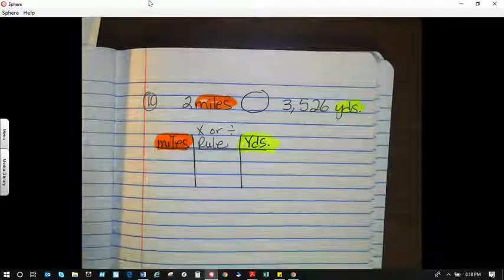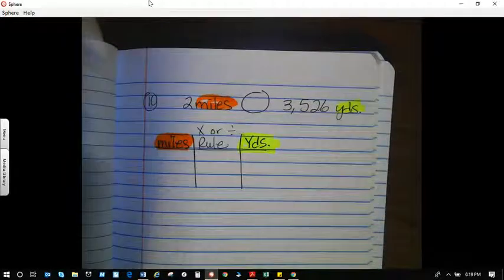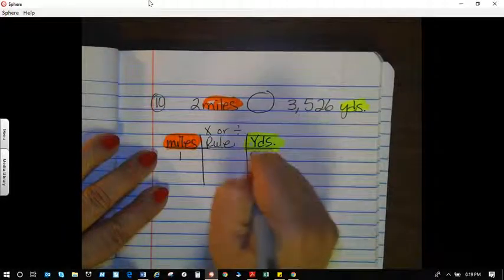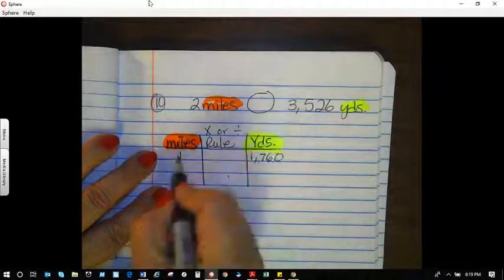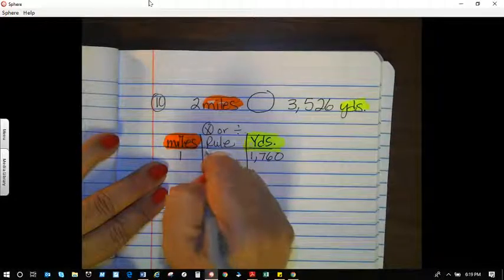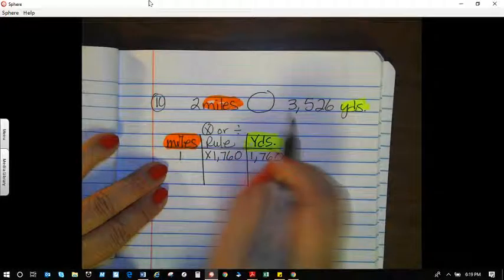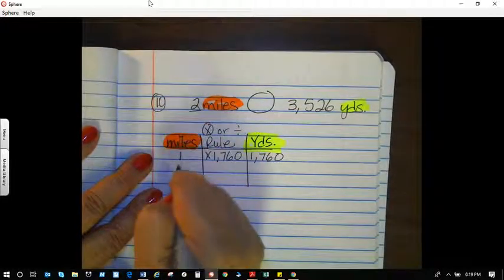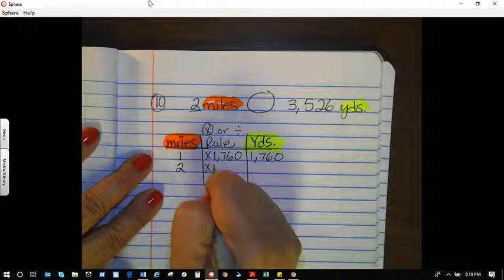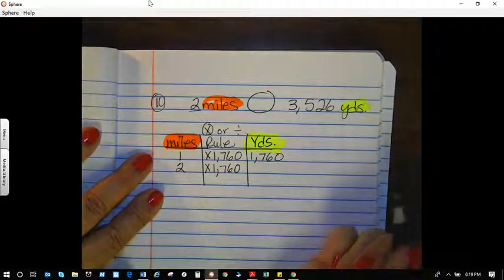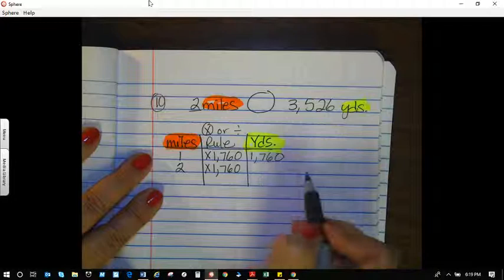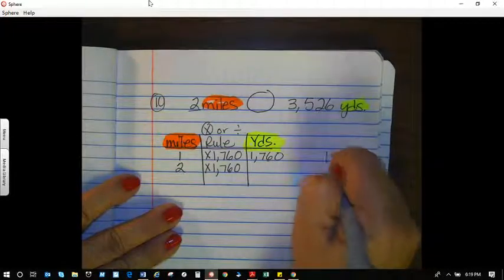All right. Now I'm going back to my handy dandy resource page. And in my handy dandy resource page, it says that 1 mile is equal to 1,760 yards. So I'm going to place that right here. 1 mile is equal to 1,760 yards. How did I do that? I had to multiply 1,760. Now, I have 2 miles. Well, if I had 1, then 2 miles, multiplying that by 1,760. Again, you don't have to continue writing the rule down. If you want to, 2 times, and you're writing out the equation, I suggest you do so. So I have 1,760 times